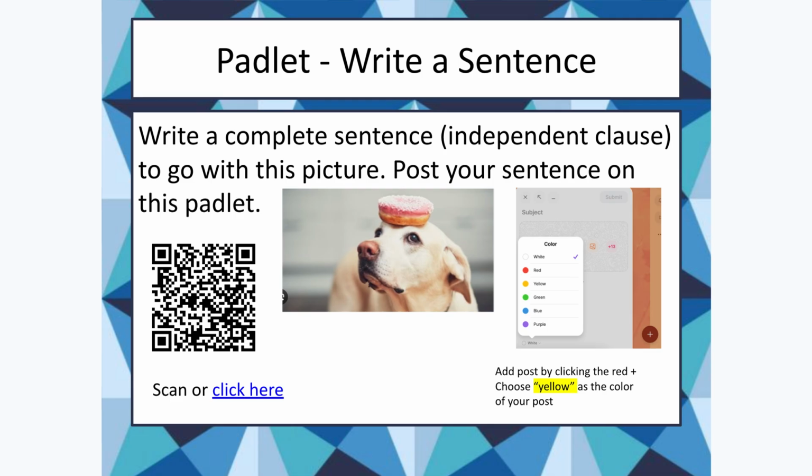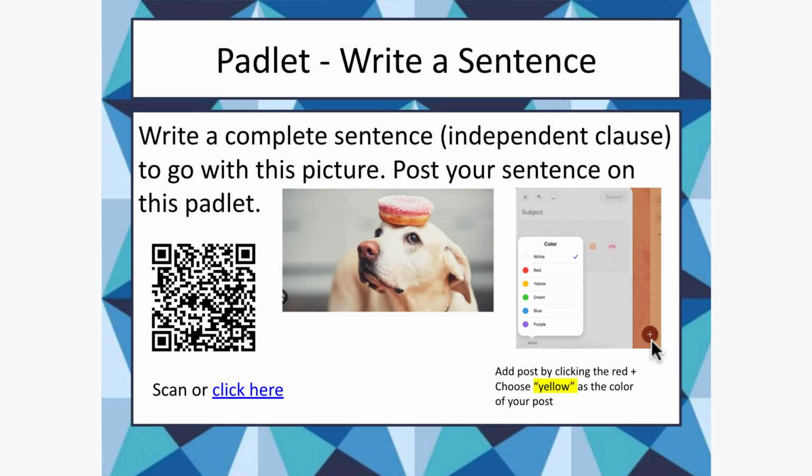One is, if you're looking at this slideshow that is embedded in our Canvas page, you can just click on it and it will take you to our Padlet. If you're looking at this up on the board, you can use your iPad to scan this slide and go to a Padlet. It's going to be orange and red flowered, sort of. And what I want you to do is look at this photo. You're going to add an independent clause, a complete sentence about this photo.